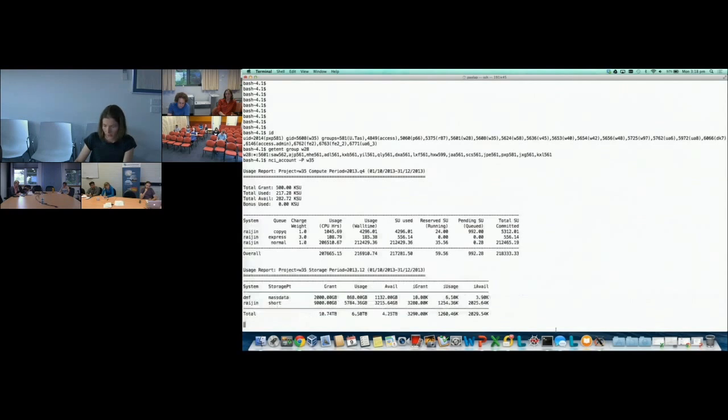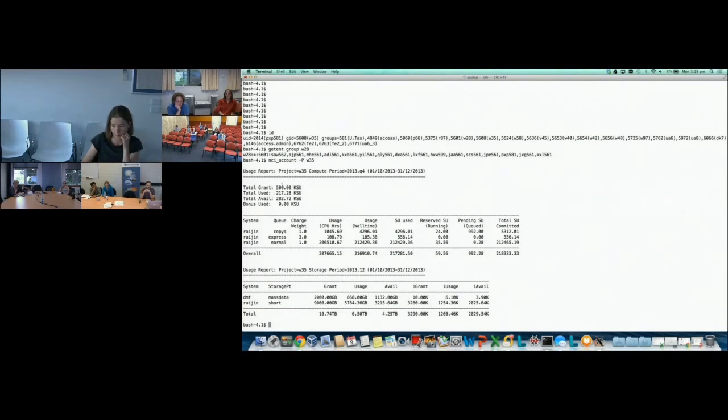it's printing out a usage report. So it does a little bit more than what quota used to do. Here I can see this is for the fourth quarter of 2013, that is the current quarter, but you can also request a different quarter. Can you see this is visible? Yep. Okay, good.